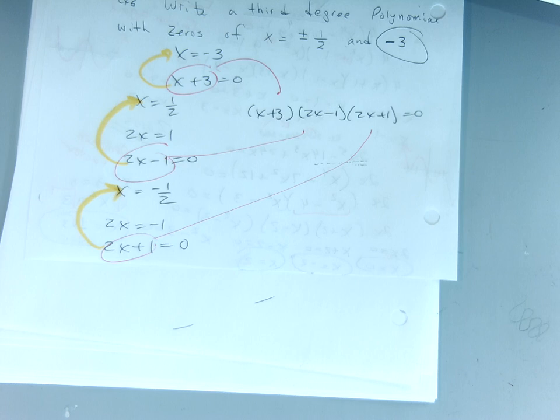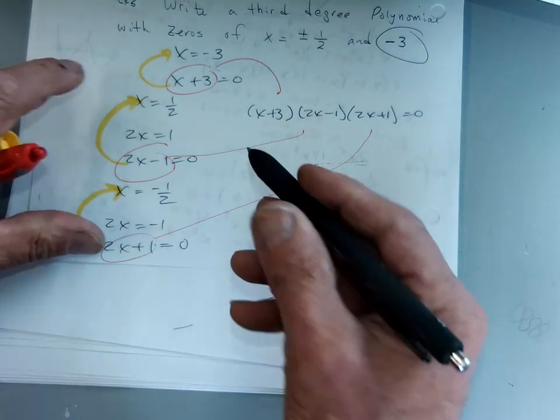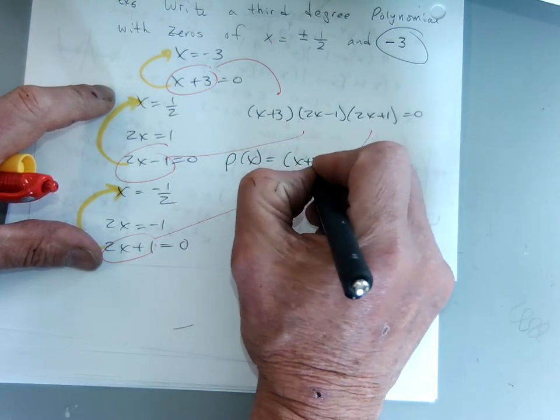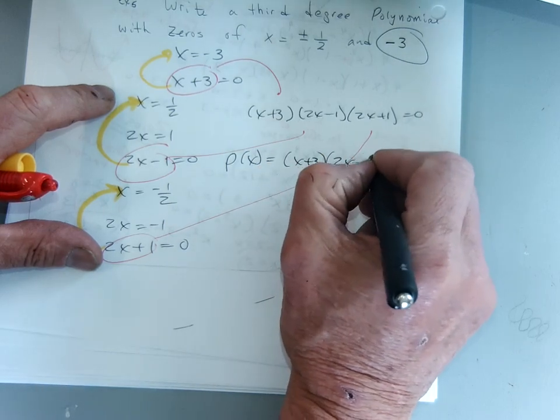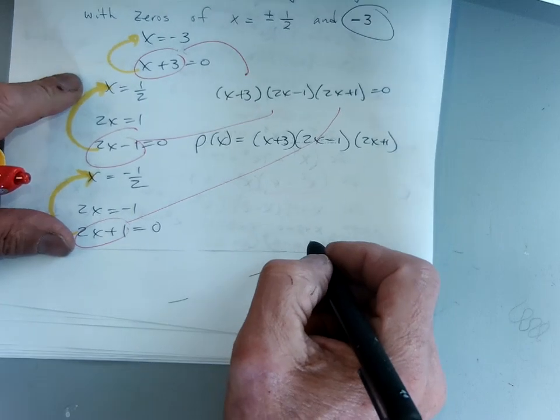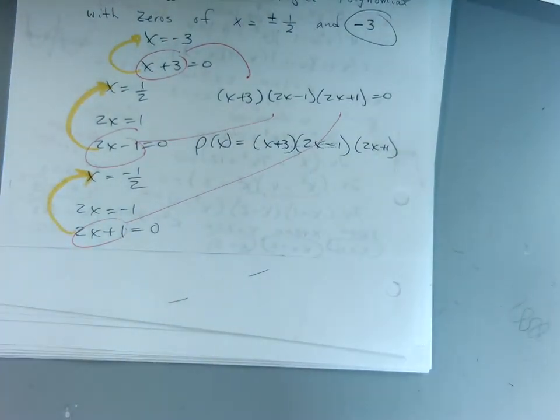So since it's a polynomial, I'm going to go P of x. We're trying to find the equation for the original equation. The original equation was P of x equals x plus 3 times 2x minus 1 times a 2x plus 1. And that is the equation that would have